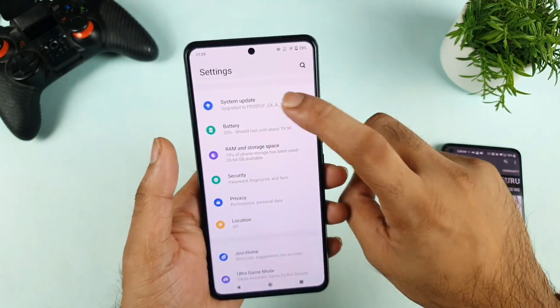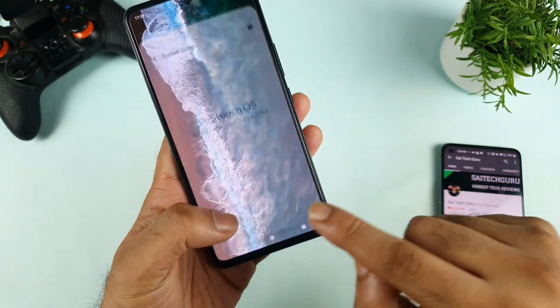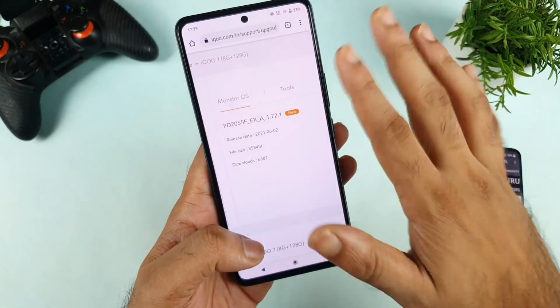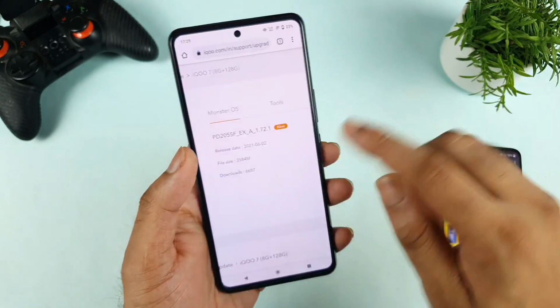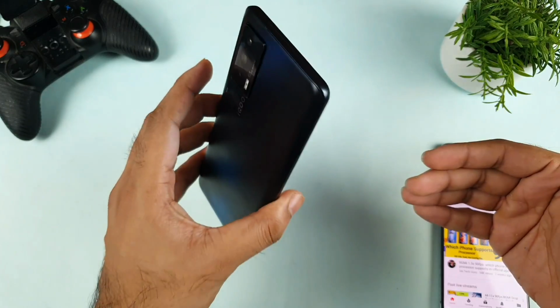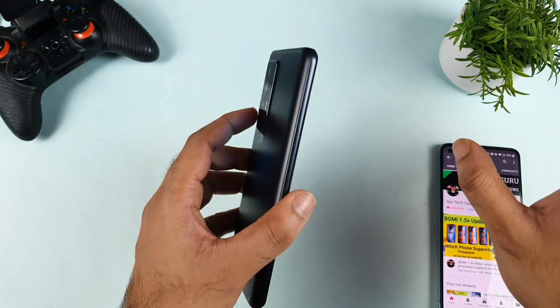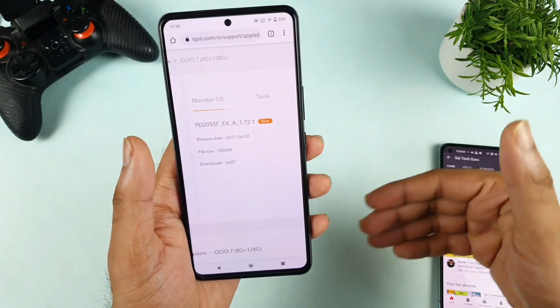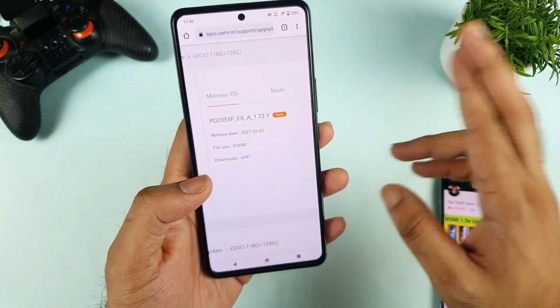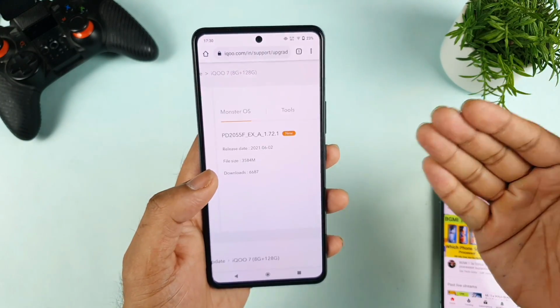That is the reason, friends. And next, this is the update we want, 1.72.11, not 1.72.1. This is not the update we want, so don't download this one. That's it, friends. I thought of just letting you know what is happening on this iQOO 7 device. It will definitely take some time. As per the iQOO team, they mentioned that it's grayscale testing, so I'm not sure when we'll get it. Hopefully we will get it as soon as possible. Even if you get it, there's not going to be a huge difference, I would say.